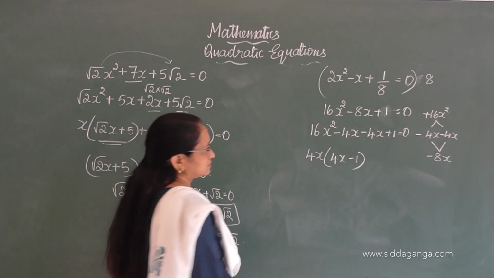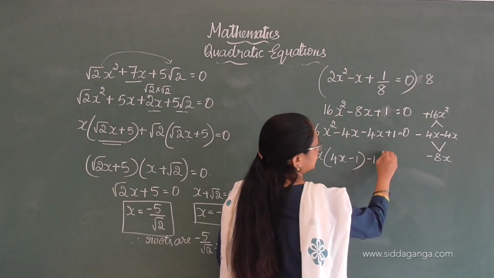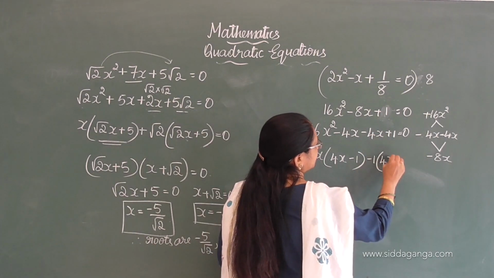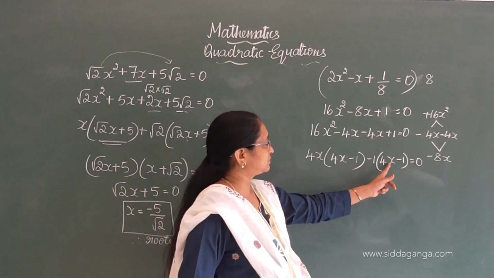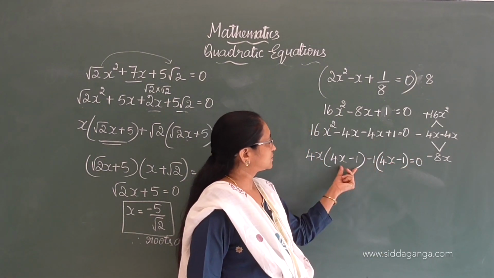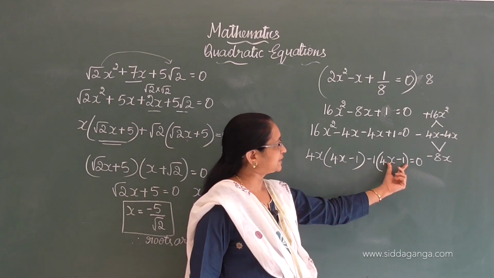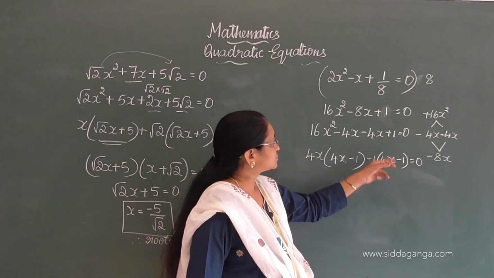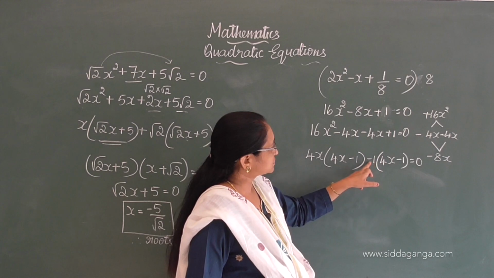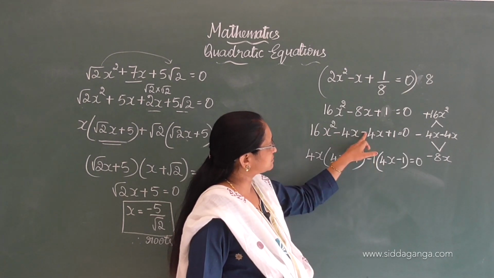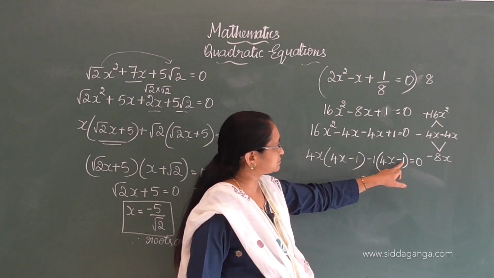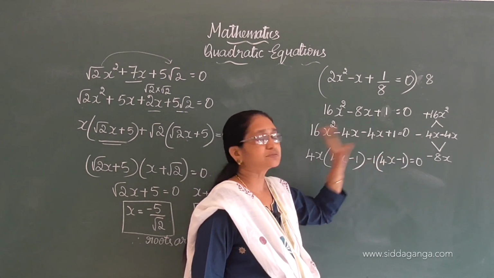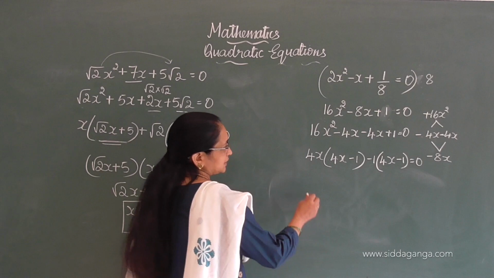Okay. Then, here minus 1 common, 4x minus 1 is equal to 0. You understood why I took minus 1 here? Because here 4x minus 1 only I need inside. So, here minus 1 common, so plus into minus, 1 into 4x, 4x, minus into minus, plus 1 into 1 is 1. Okay. Next,